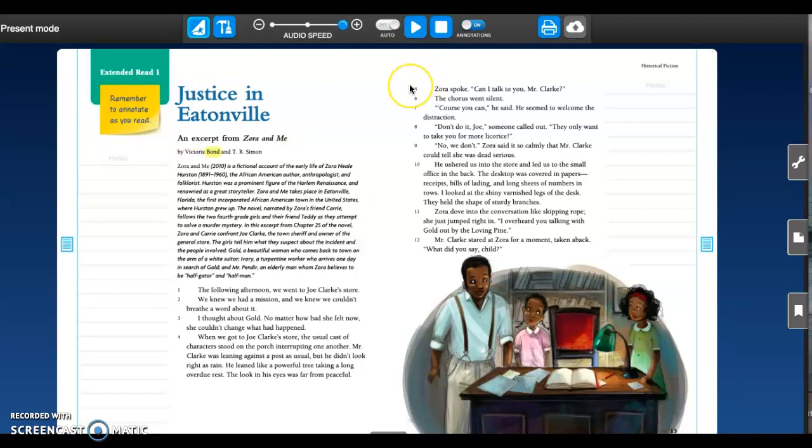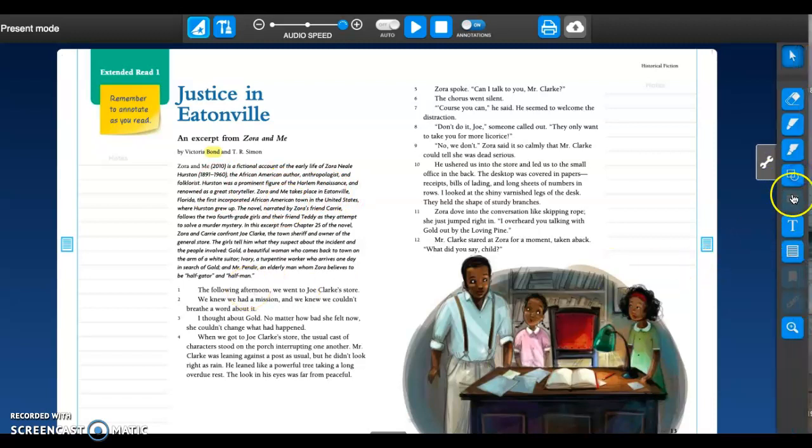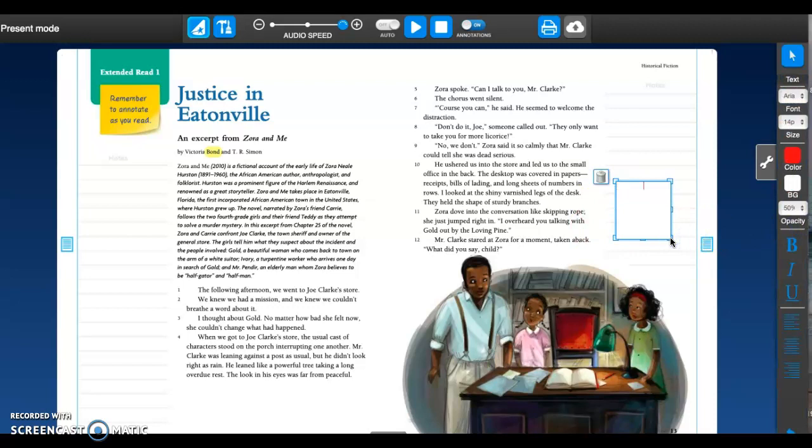I don't want to waste too much time playing the story. These videos are limited to about 15 minutes, very short and sweet. But again, I could talk, read, I can use the tools right here on the screen. If I wanted to type something in the margins,